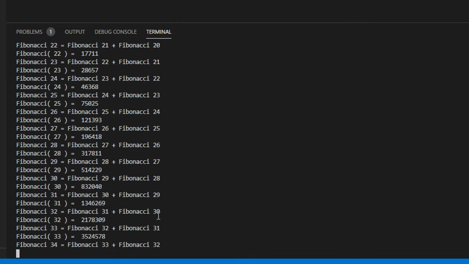You don't use recursion like this. So right now I'm pausing the video. You can try to have this fun at your home. The code is already shared in the Dropbox. You can try to run for a higher value, and then you can just see what is the result.